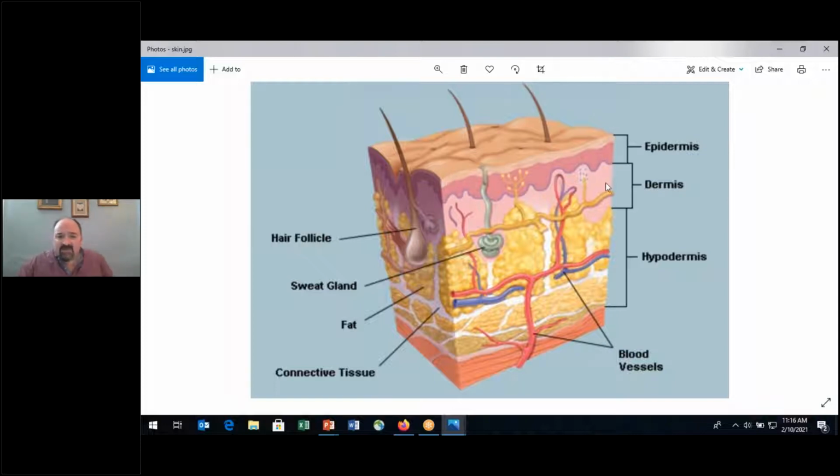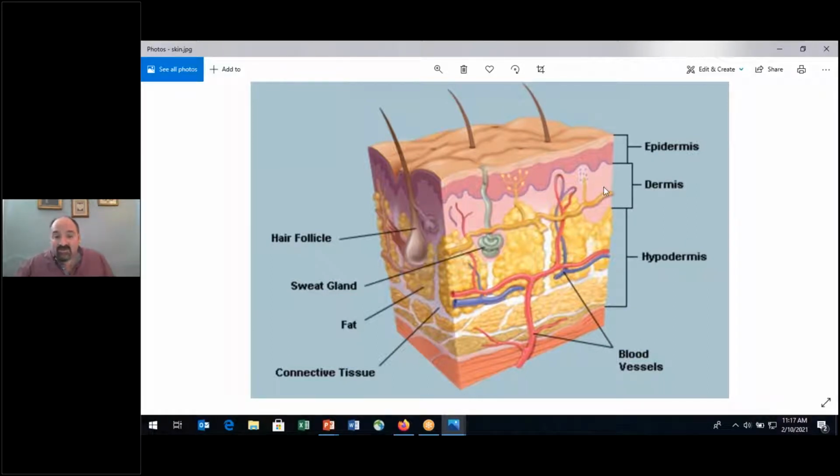So now you're looking at the dermis, and depending upon what image you're looking at, the dermis may be a little bit larger as far as the representation here. But just know that the dermis right here is comprised of, really other than right here, see these little bumps? Inside of the bumps, see the pink inside of the bumps? You see this area right here? That would be areolar connective tissue right there. But the remaining portion of the dermis is comprised of